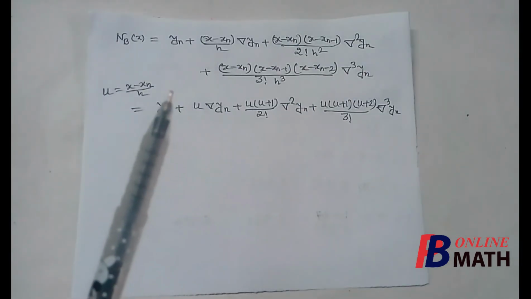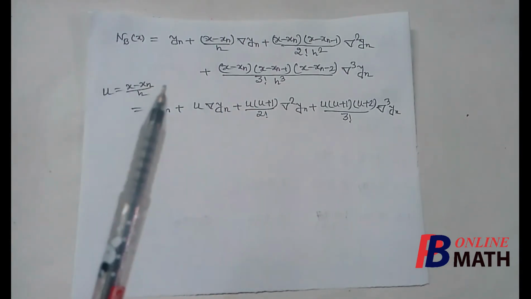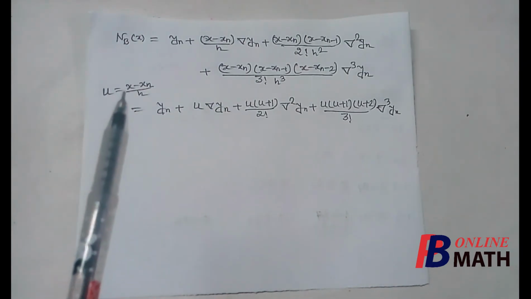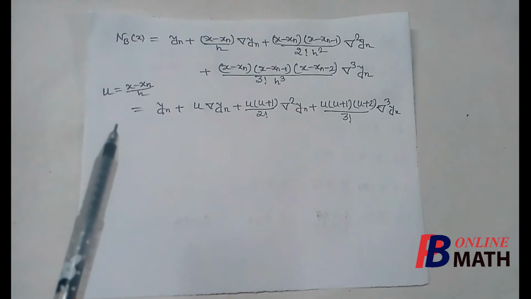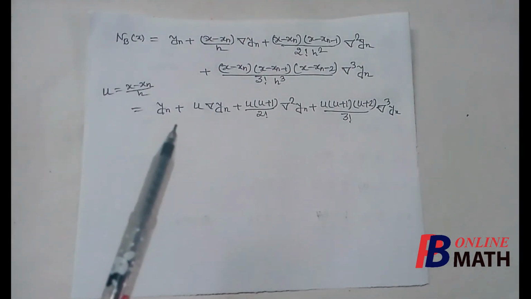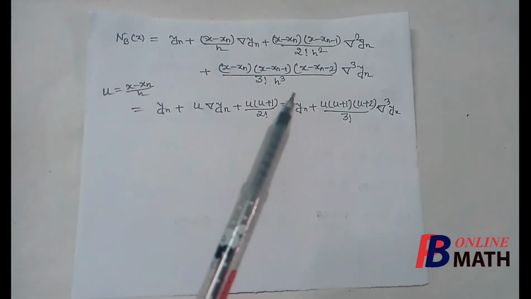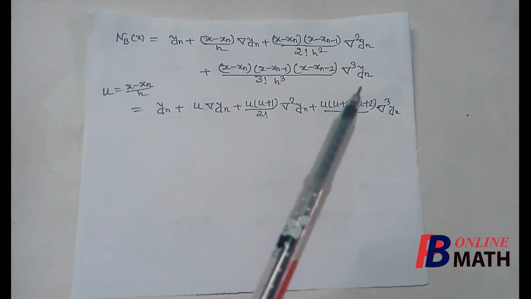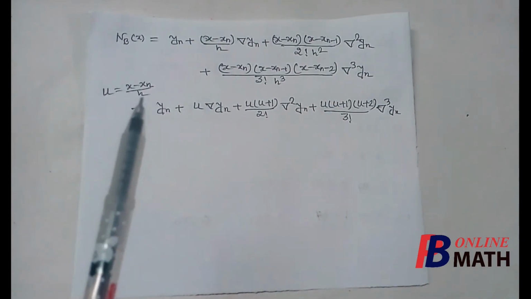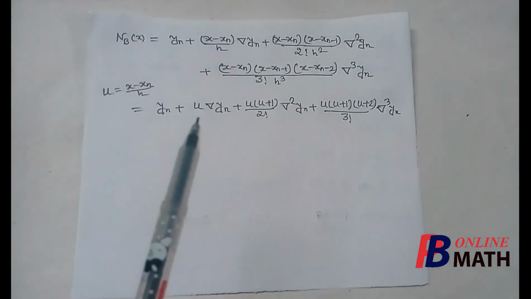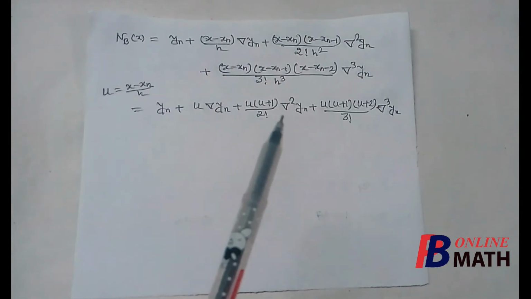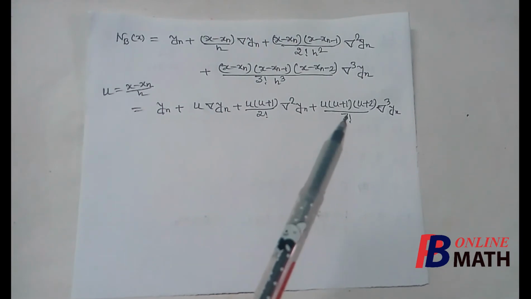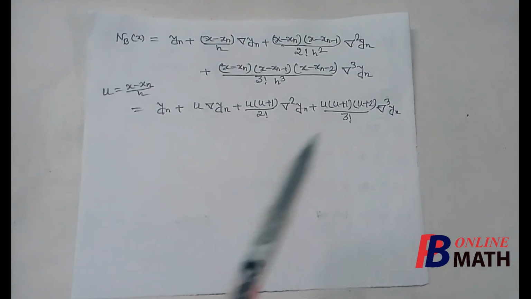We know that this is Newton's backward interpolation formula. Now this can be written in more standard form if we replace u equal to x minus xn by h. Now since from the table only up to third order differences are possible, we are retaining only the first four terms, that means the terms up to the third order differences of yn. So the formula becomes yn plus u into delta yn plus u into u plus 1 by 2 factorial into delta square yn, and finally u into u plus 1 into u plus 2 by 3 factorial into delta cube yn.